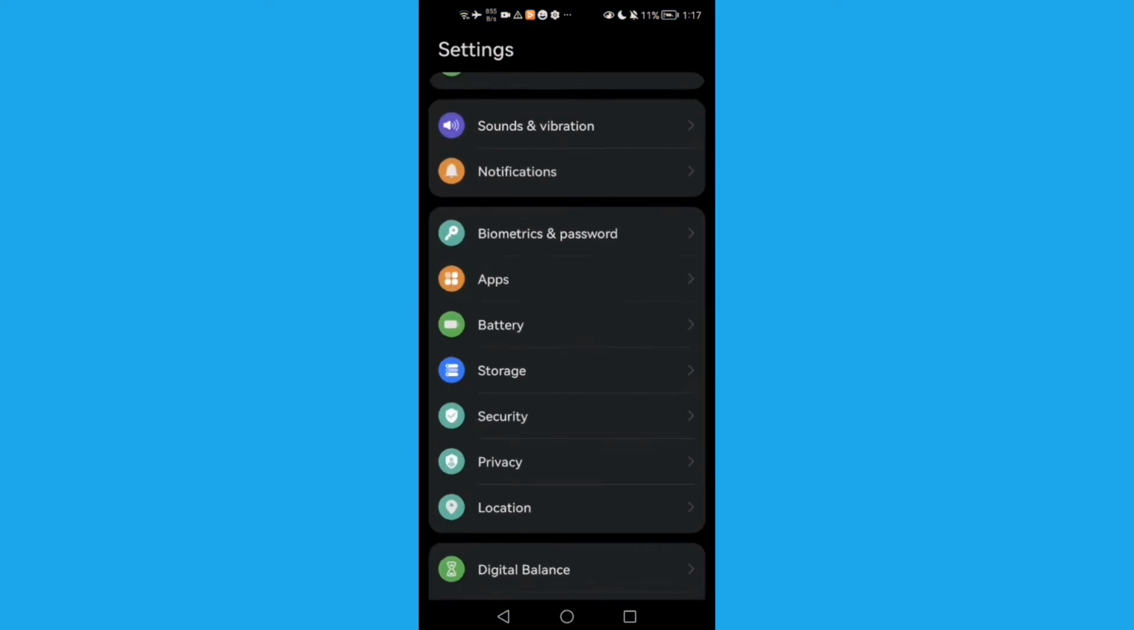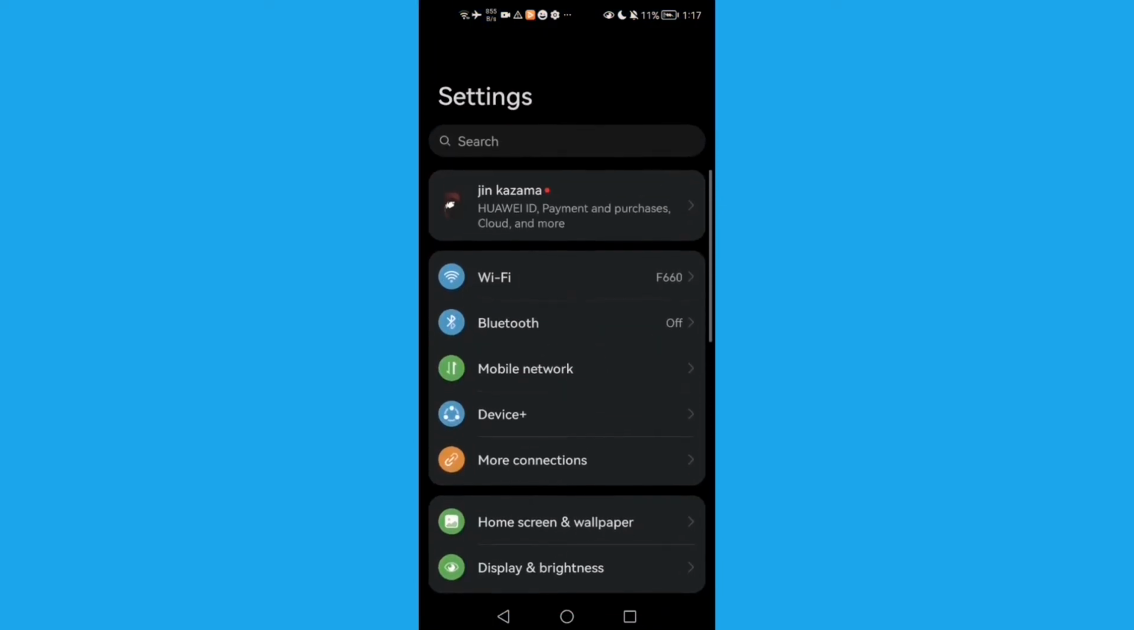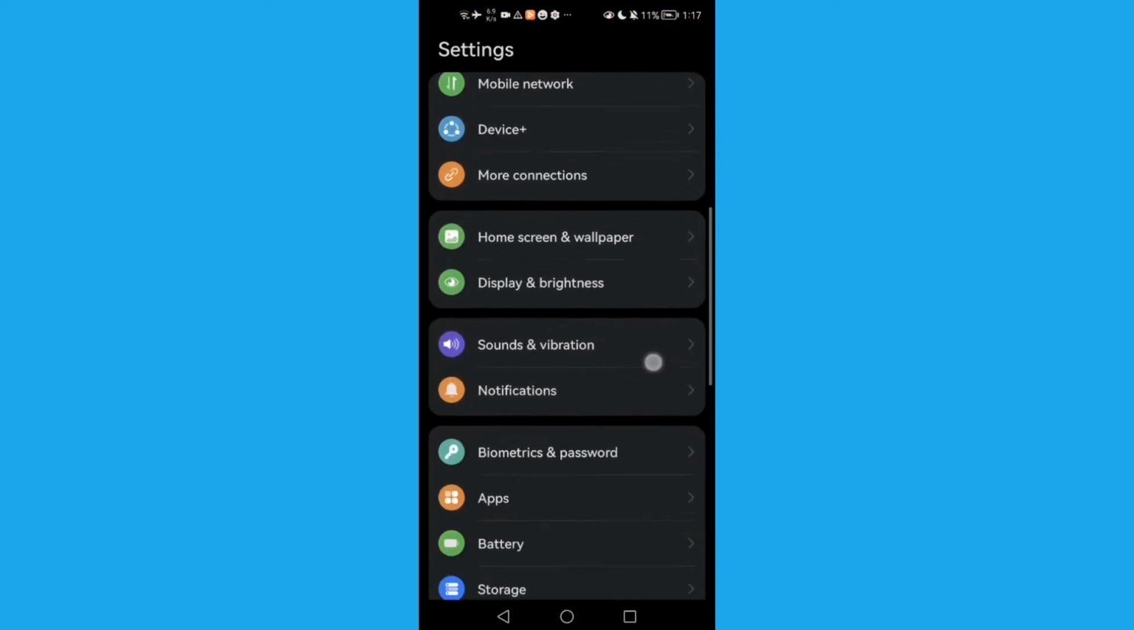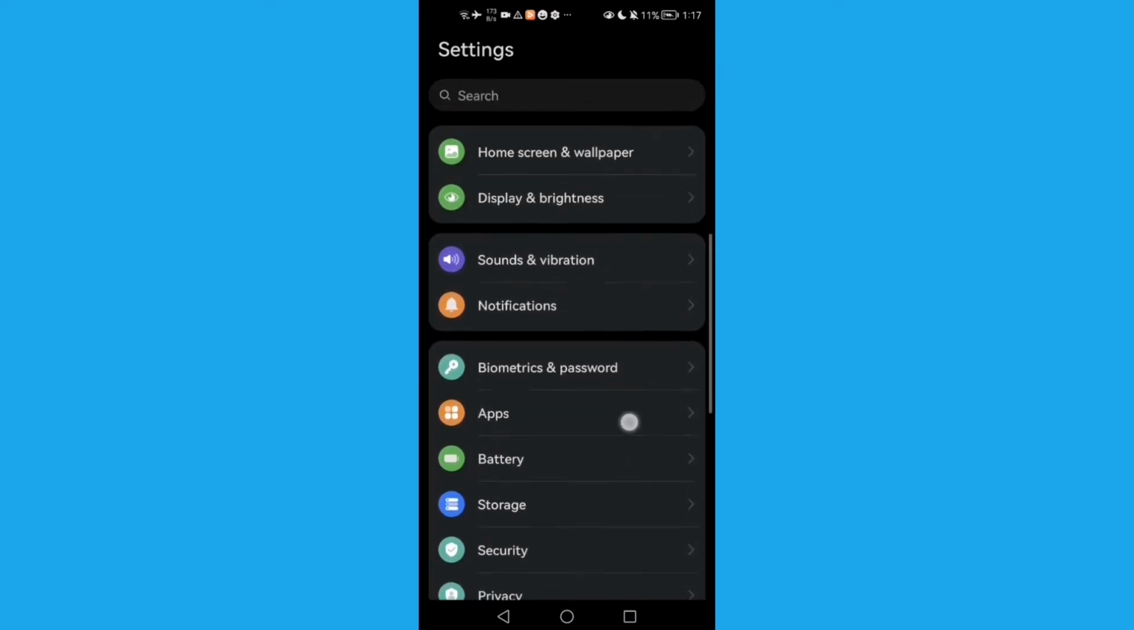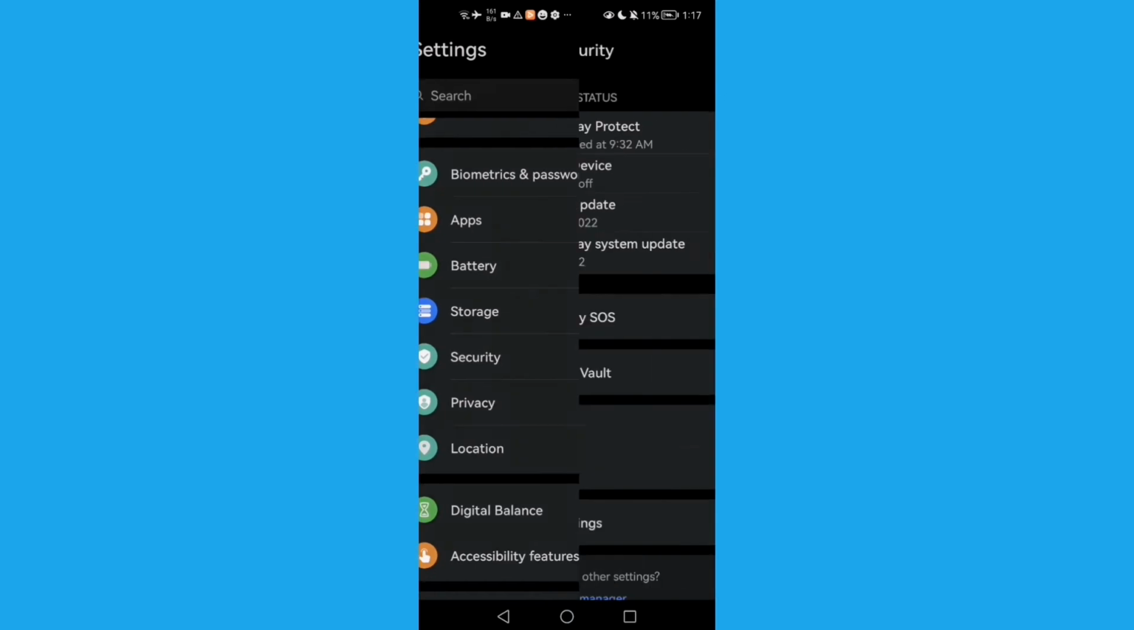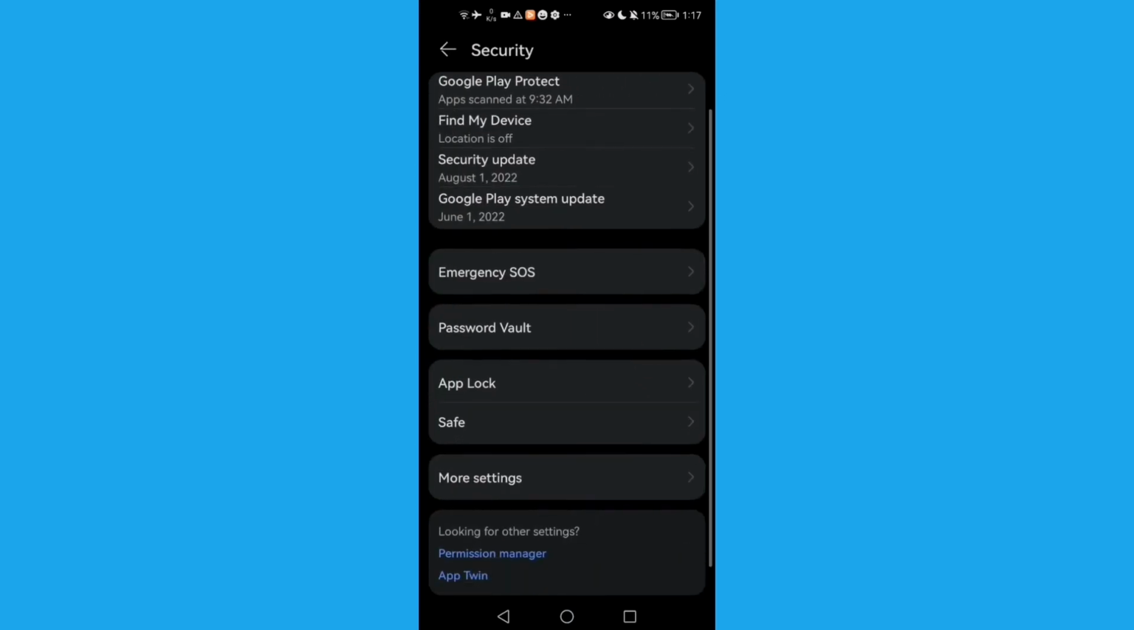First, open settings and then just scroll down until you find this one here, security. And now here we'll find password vault. Click on it. Now just type your phone password,